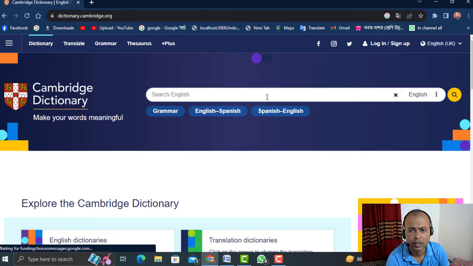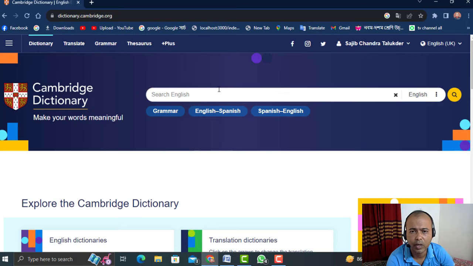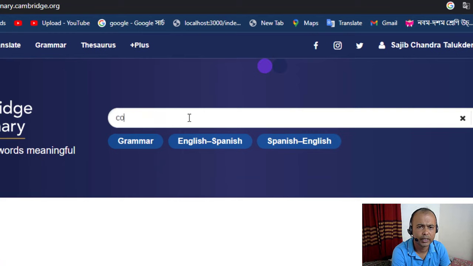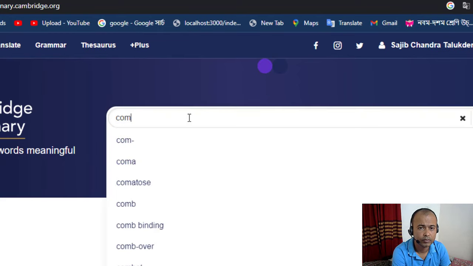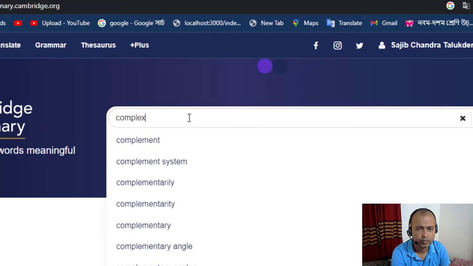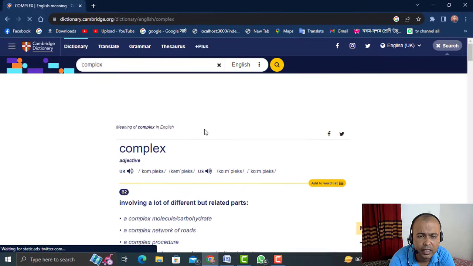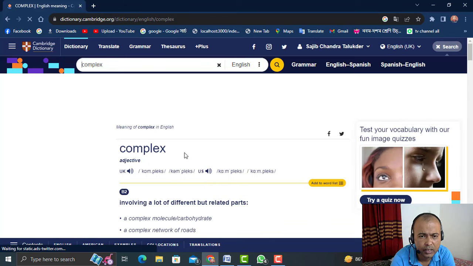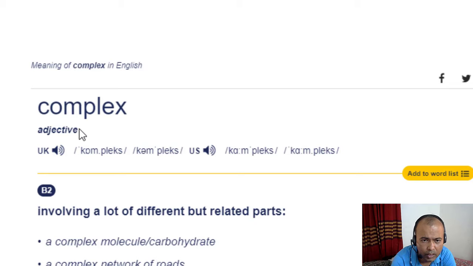And at first you see this white space here for searching any word, so click here and search for any word. Like I'm gonna search complex. For complex, at first you'll see the expected word in big font, and then the parts of speech below the word, and we see here this is an adjective,